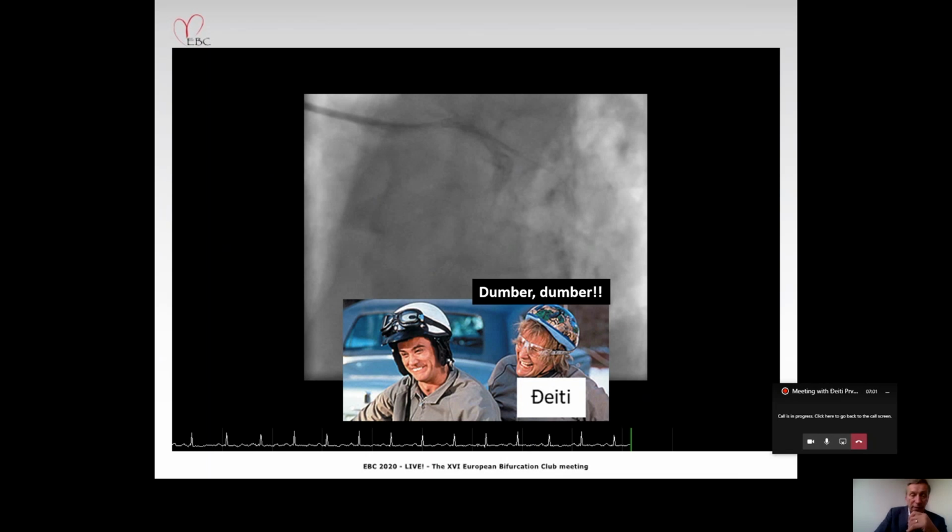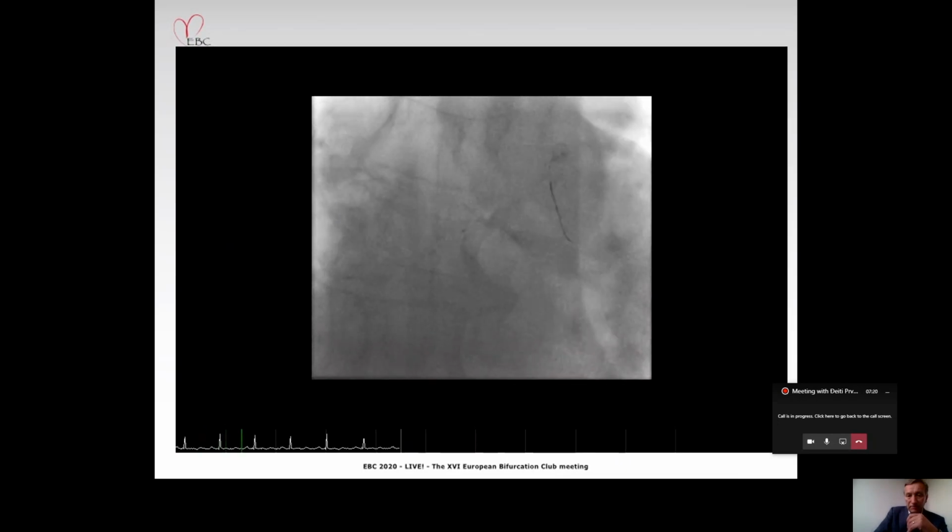this is the second life-threatening complication for the same patient, done by the same operator. This is the total stent loss, with the guide wire in situ. And I decided to put a 2.0 balloon in the stent. It couldn't cross the whole stent length. I inflated it, I think, at three atmospheres and tried to